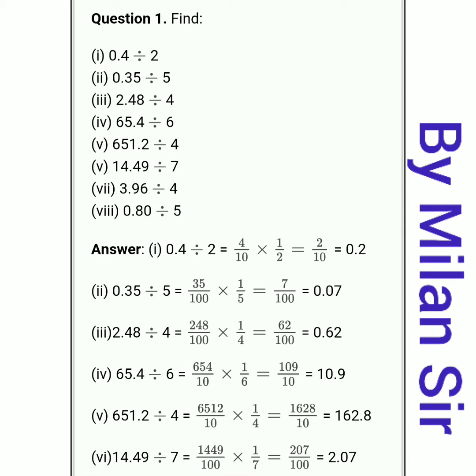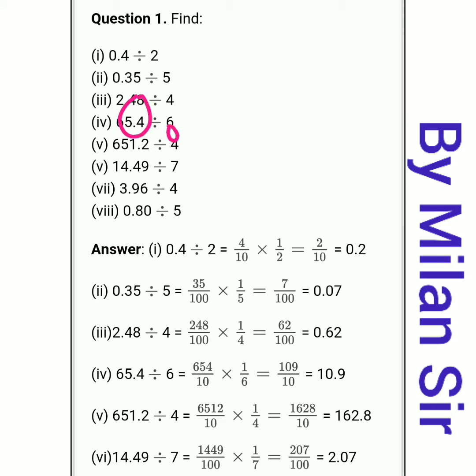In this video, I will explain you exercise 2.7, question number 1 and question number 2. So let's start with question number 1. Here in question number 1, we need to do the division of decimal numbers. We can use the same process as we use for the fraction. That means we can convert this division into multiplication. But before that, we need to convert this decimal number into fraction. Okay, so let's start it.